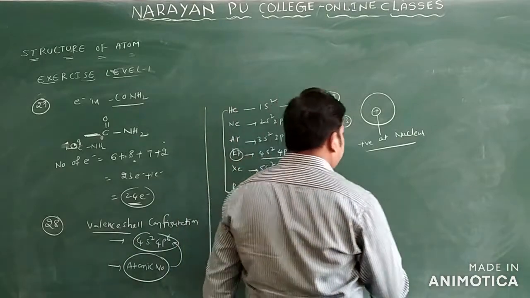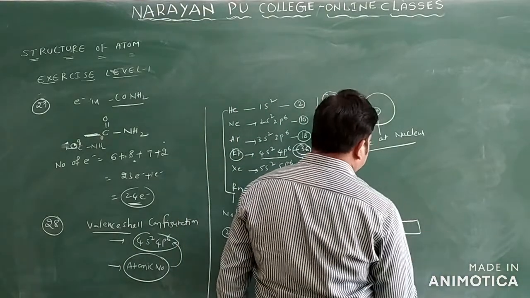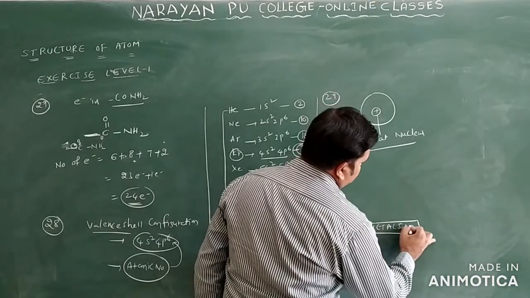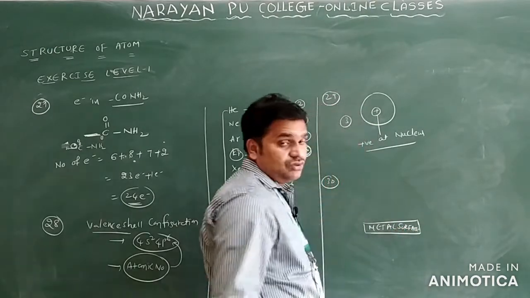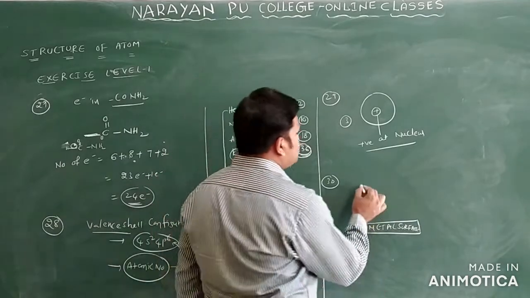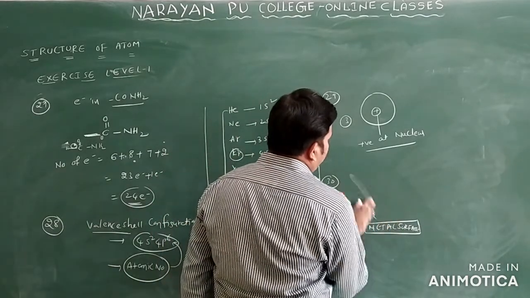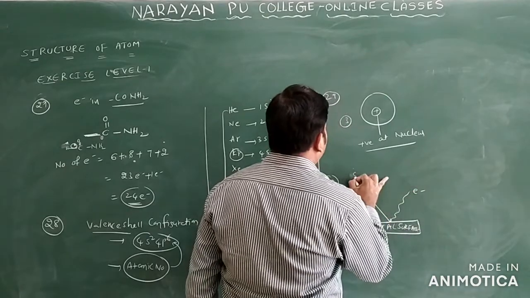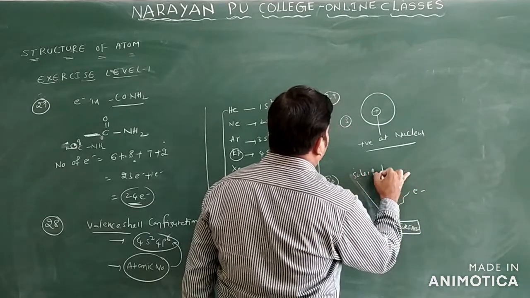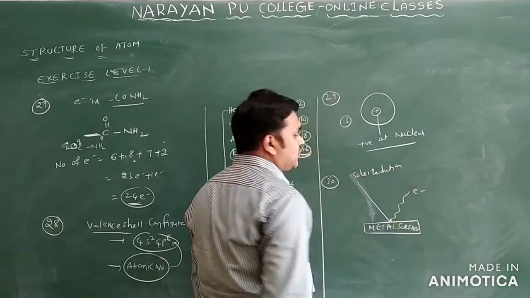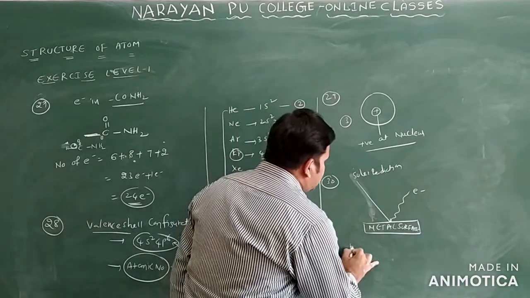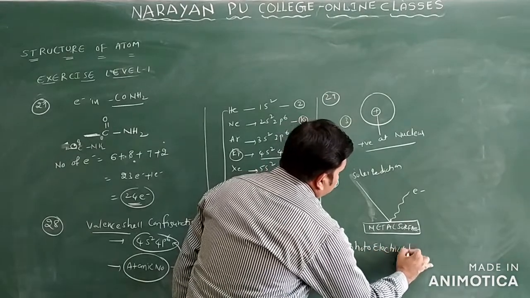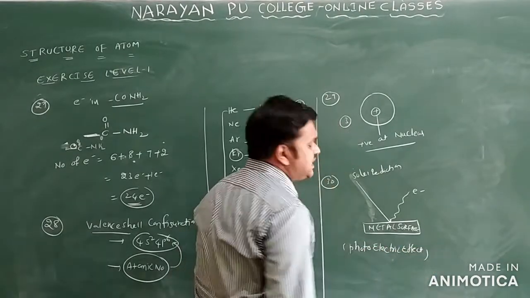Here a metal surface is there. This metal surface is exposed to solar radiations, and the radiations can be passed on this substrate. Then what happened here? Electrons are ejected from the metal surface. This general effect comes under what effect? This is a photoelectric effect only.